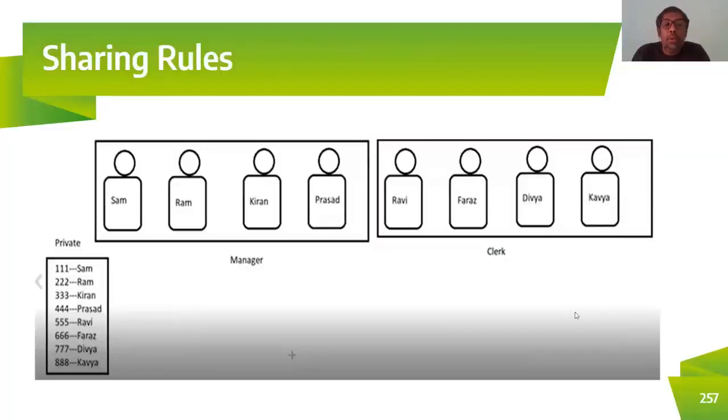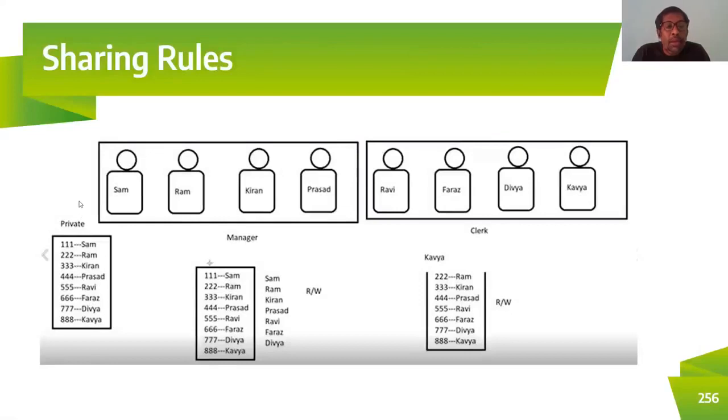Right? So now see here. By default, everything will be private. When it comes to private, they can view only their own records. But with the help of the sharing setting, only Ram is getting permission to access the record. Similarly here, Prasad is getting permission to access the other record.